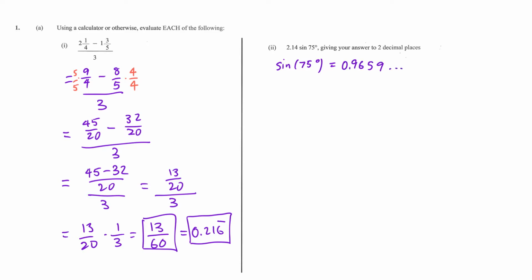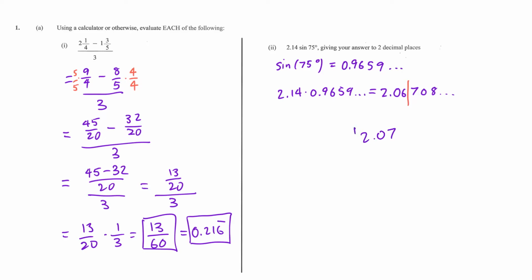0.9659 and so on. Next, we want to do 2.14 times sine 75 degrees, so I have 2.14 times 0.9659. Multiplying that out in your calculator, you get 2.06708, and it keeps going. Since the question asks us to give our answer correct to 2 decimal places, I'm going to cut it off at 2 decimal places. But since our next decimal is 7, I'm going to round up, so our final answer